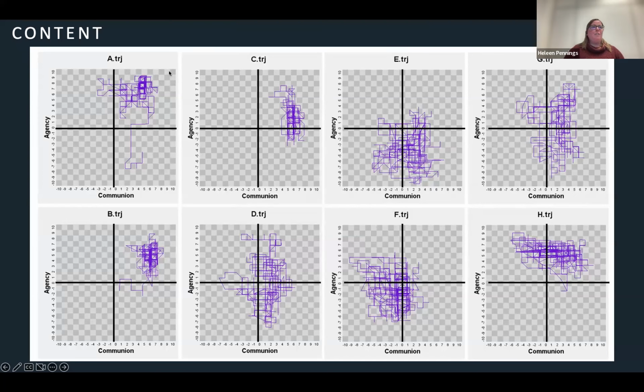So in this octant, and you can see that the behavior of this teacher also resides in that part. So teacher B's behavior was characterized by high levels of communion and relatively high levels of agency. And also we saw that the behaviors that we observed were mainly in that area.